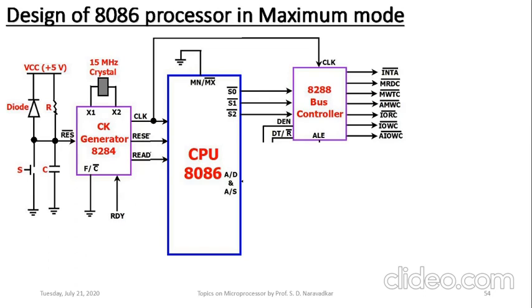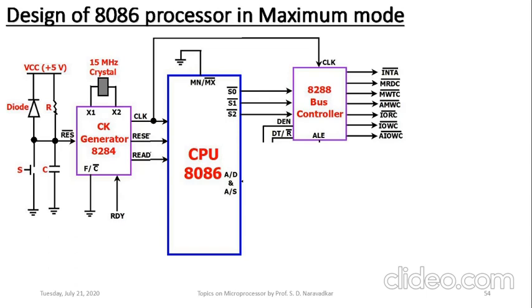Very important that 8288 bus controller gives DEN signal which is active high, DT/R bar signal as it is, and these signals are meant for, those are connected to 8286 octal data bus transceiver, octal buffers, which is at the bottom. So see here that demultiplexing setup and that buffering of data bus here at the bottom.